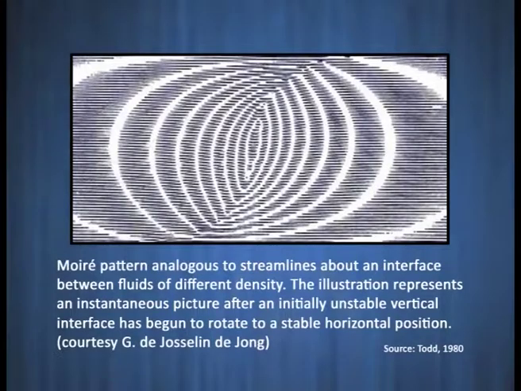Third model is the Moire pattern model. In this model, it is related to optical phenomena. A pattern is developed due to this optical phenomenon. So, we call it the Moire pattern phenomenon, and by this model we can see the groundwater flow also in the form of an optical phenomenon.